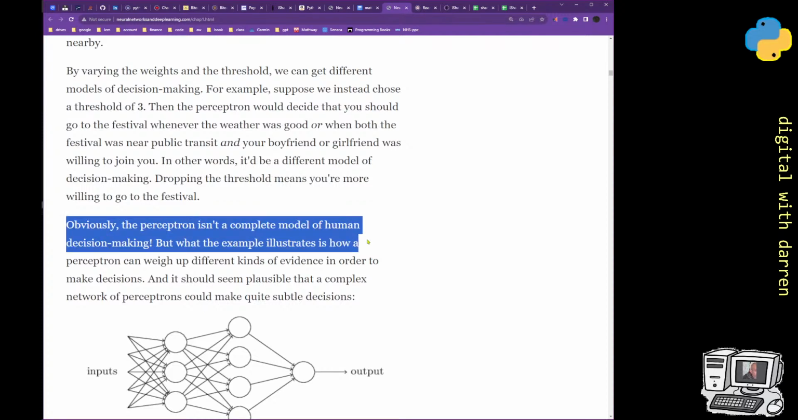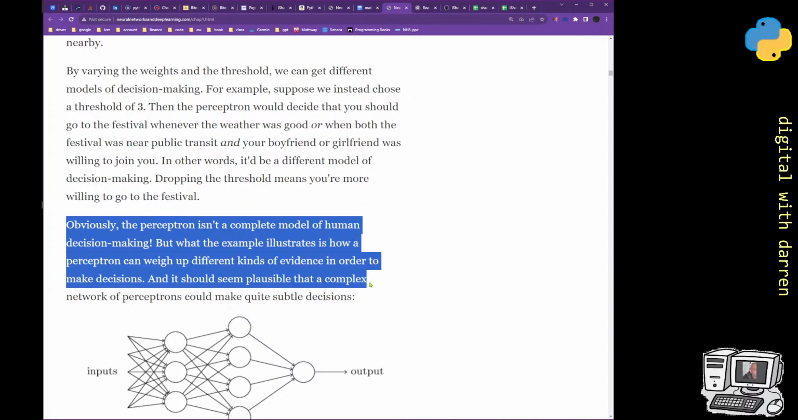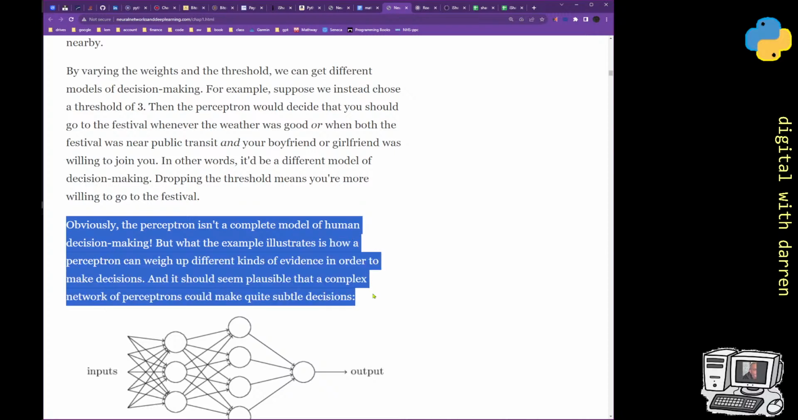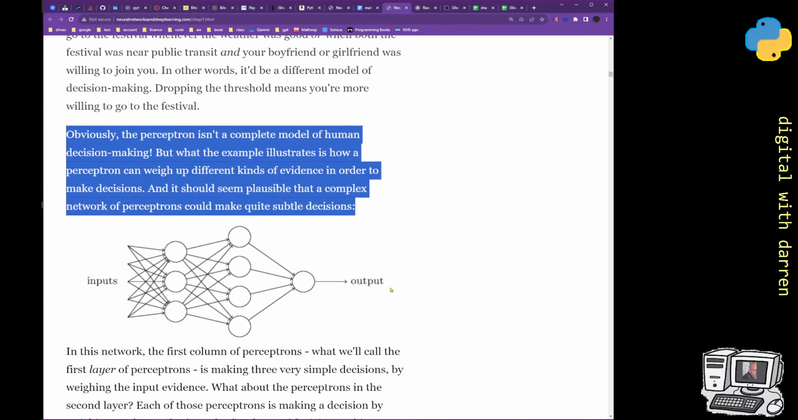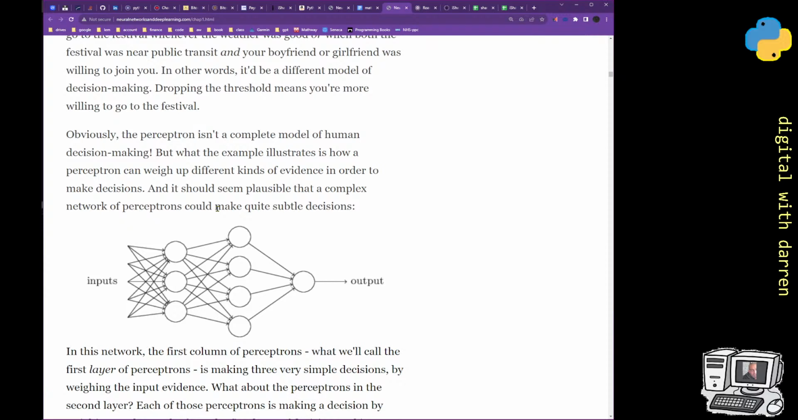Obviously, the perceptron isn't a complete model of human decision making, but what the example illustrates is how a perceptron can weigh up different kinds of evidence in order to make decisions, and it should seem plausible that a complex network of perceptrons could make quite subtle decisions. And that's kind of the interesting part of it, is that